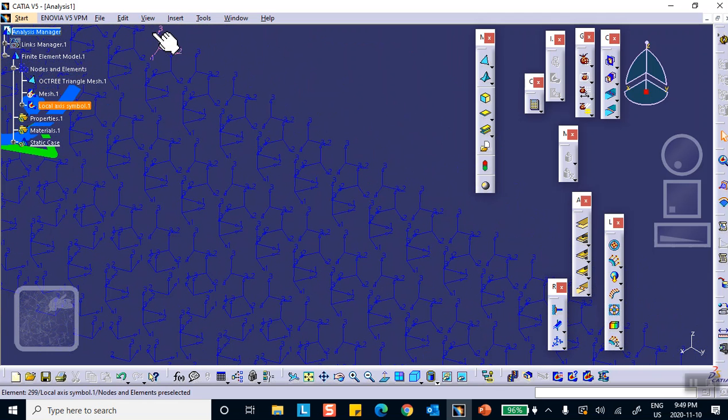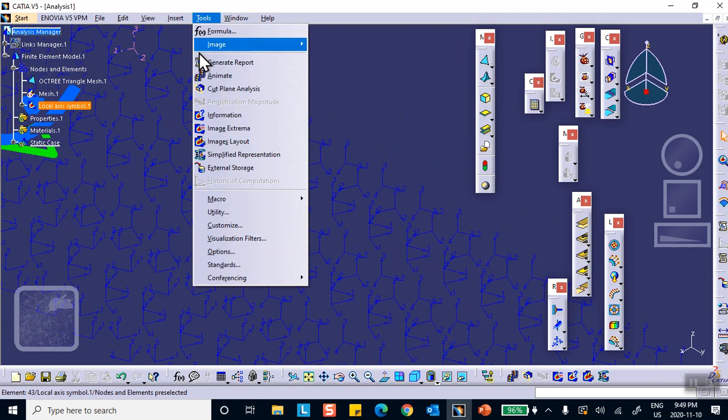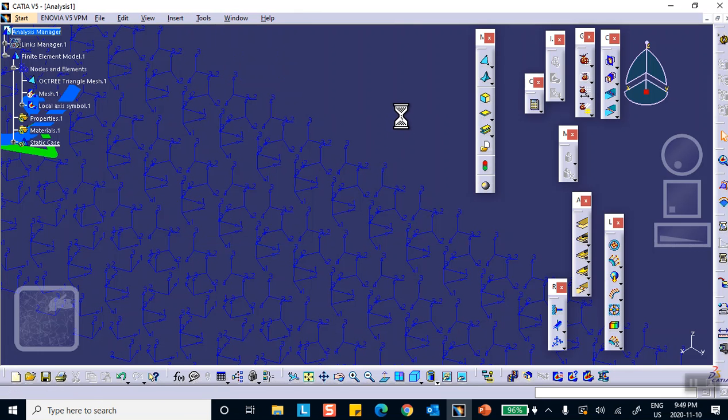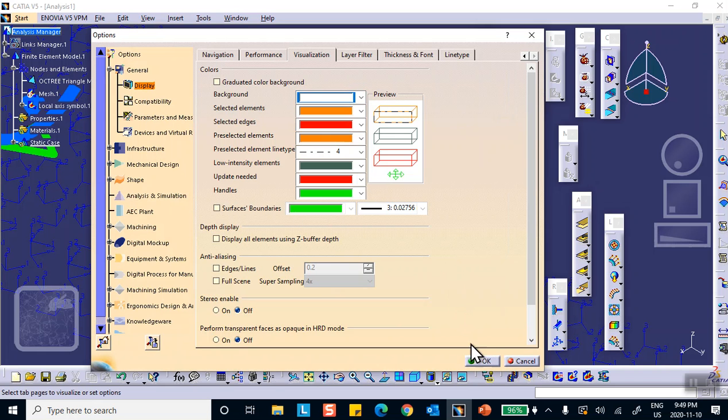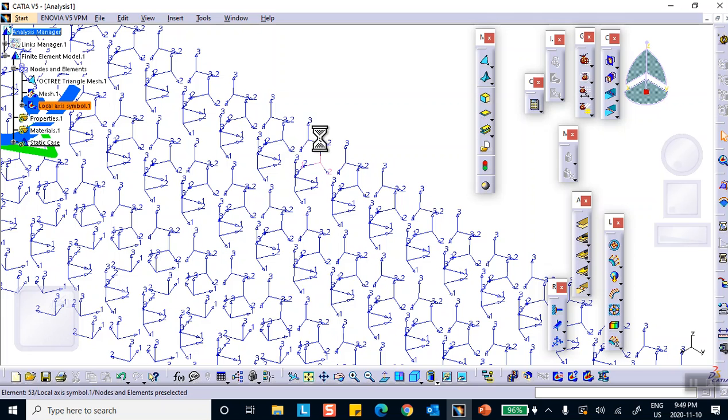Let me change the background color here. Tools, options. Just bear with me for a second. So it shows you for each element, you have a local coordinate system. 1, 2, 3. 3 is up because remember, I flipped the direction of the joint arrow so that 3 goes